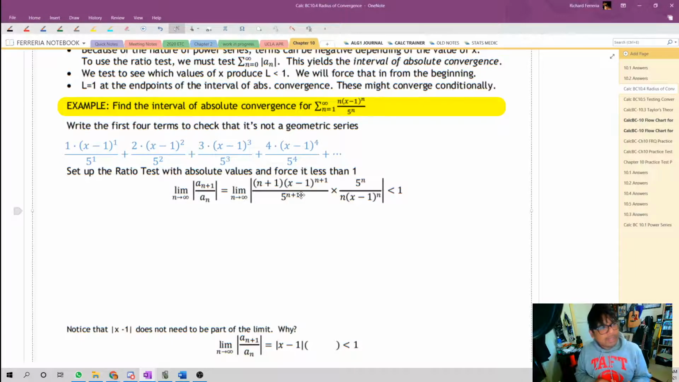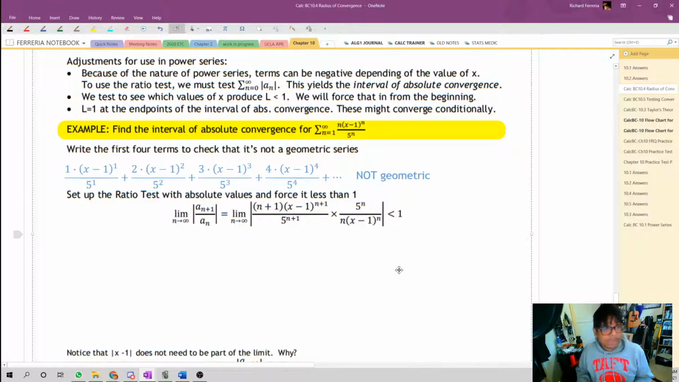But where this falls apart is that additional factor 1, 2, 3, and 4. That is not a multiplication thing. That's a series thing. Because I can't get from one term to the next using multiplication, this is not a geometric series. I would write down "not geometric." So our next step is to do the